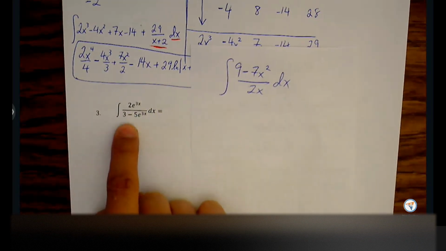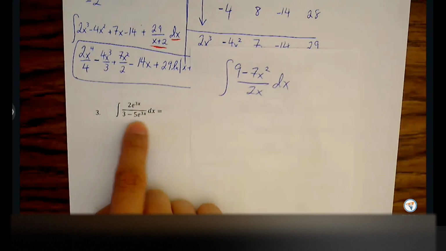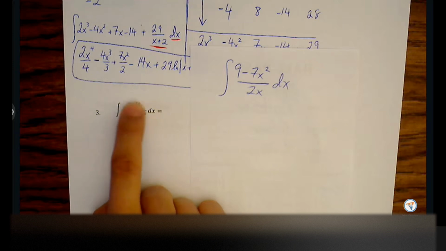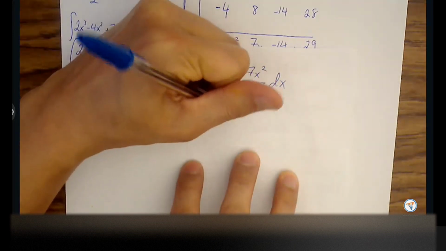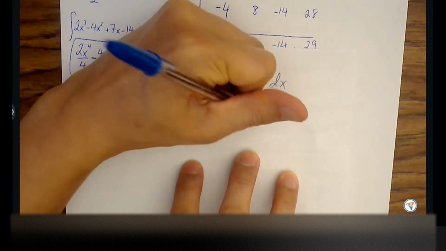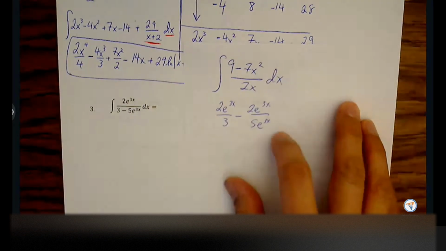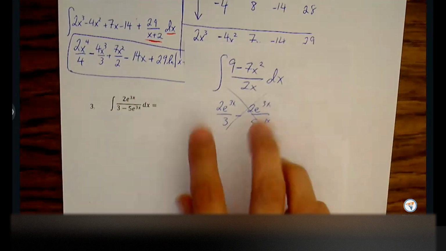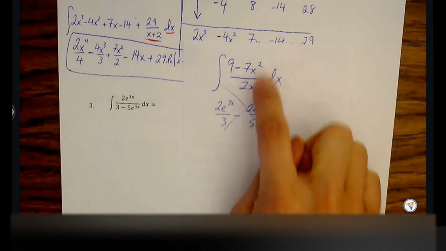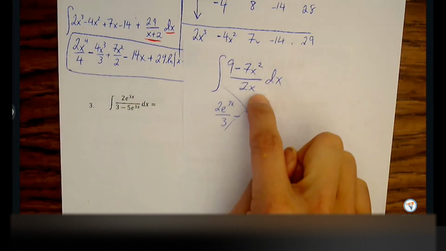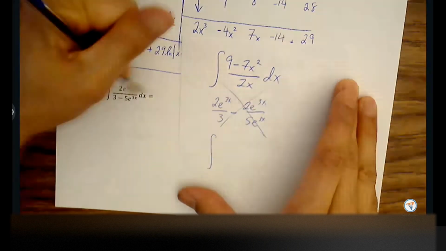So as I was grading quizzes, I saw that students wanted to split this up into individual fractions. Make it like this. But we can't do this, okay? It looks like an easy way to move forward, but you can only do that if there are multiple terms up top and only 1 term in the denominator. So if the problem looked like this,